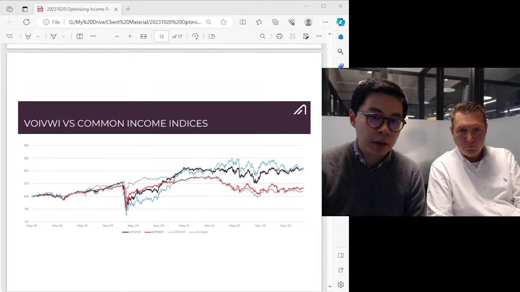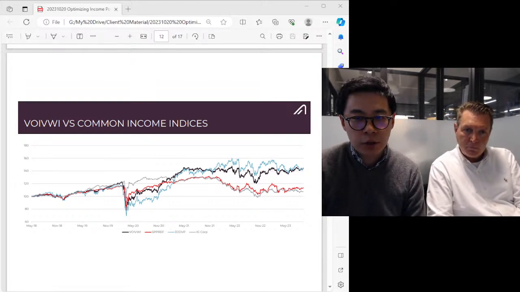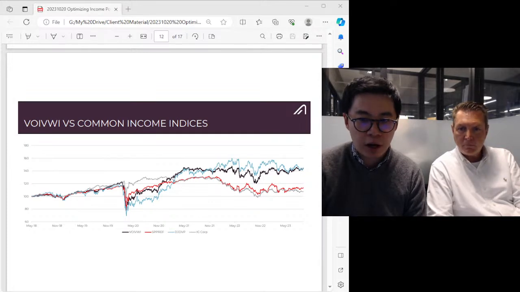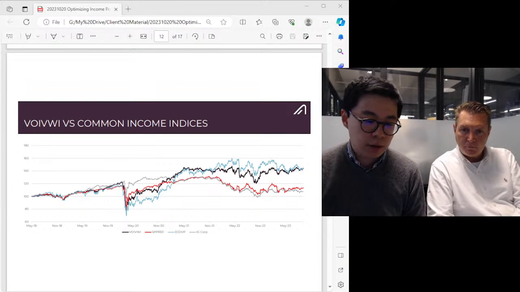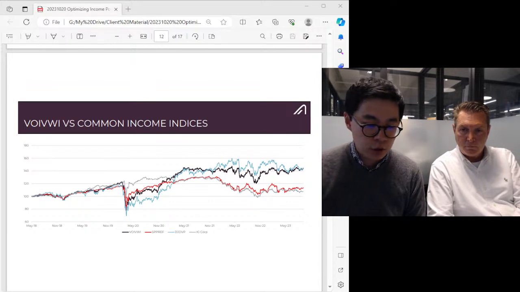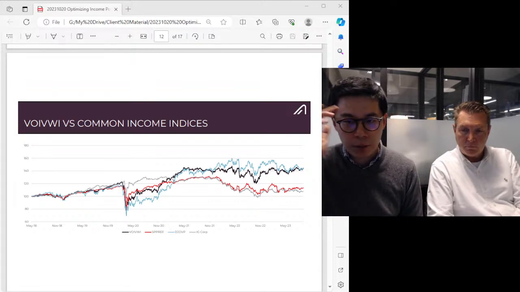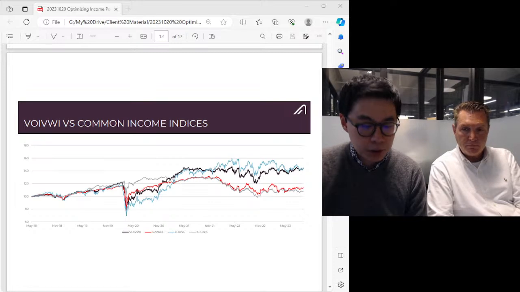So how does this compare on yield? The current portfolio yield of our income index is 6.5%. Preferreds yield around 7%, and high dividend stocks yield around 4%. Just as a comparison, IG corporates are 6.4, and U.S. Treasuries are a little north of 5, depending where you are. So you can see that